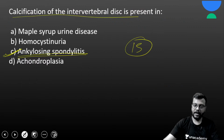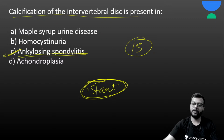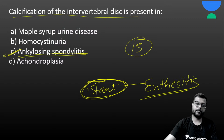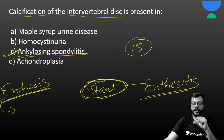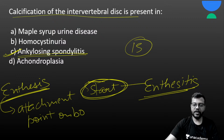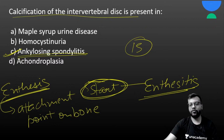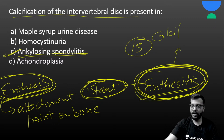Okay, and where does this calcification start? It is also important to know where this calcification starts. It starts as enthesitis. Now, enthesitis is inflammation of the enthesis. Now, what is the enthesis? The enthesis is the part of the bone where tendons, ligaments or muscles attach, the attachment point on the bone. That part is called the enthesis, and inflammation there is called enthesitis. It starts as enthesitis, then calcification, and